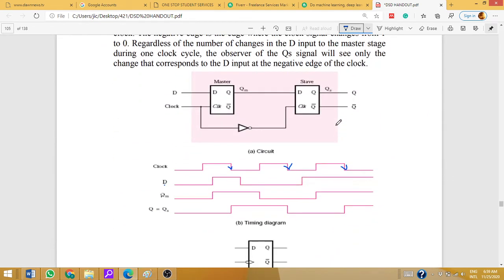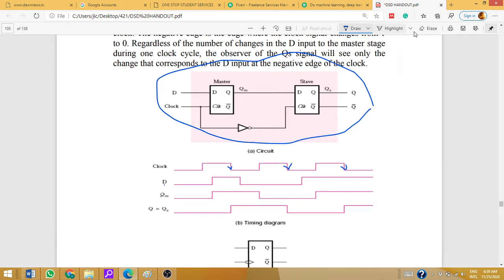This one is the total circuit. This is a negative edge trigger flip-flop. How did we construct it? As you can see, it is made up of two latches. This is one D latch. This is the second D latch. Just to recall, what are D latches? D latches are clock based and level sensitive. For example, when the clock is at high level, whatever is on D will move to Q. This is the D latch we discussed last week.